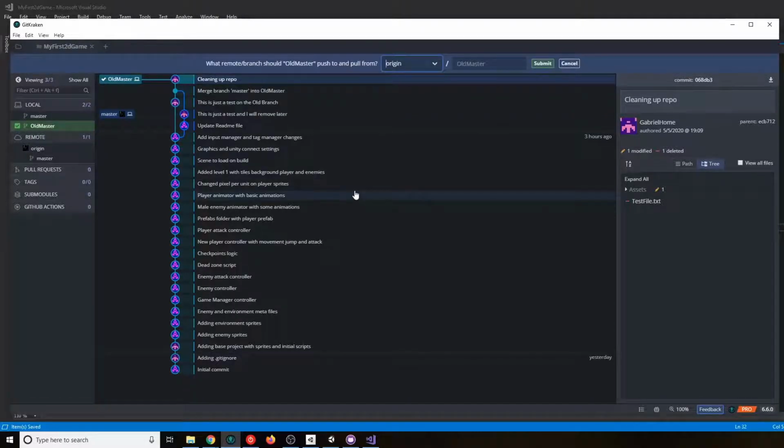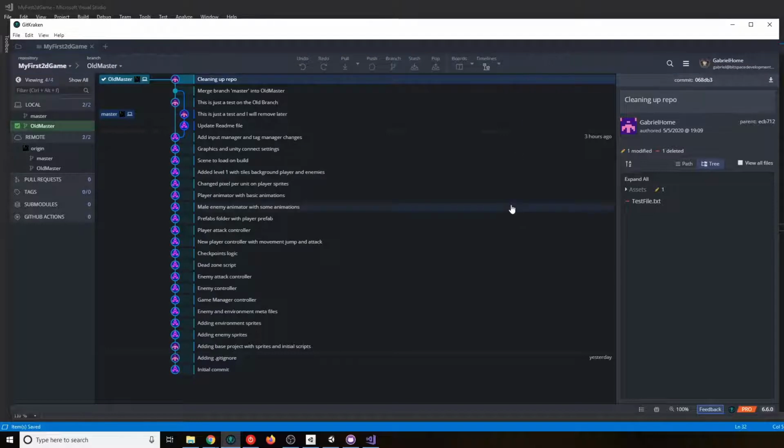I'm going to hit push. It's going to tell me that on the remote, there's no old master, so where do I want to push it to? I can just leave it like this, or I can change the name. My local branch could have a different name than the remote branch, but I won't recommend doing this. Keep it always the same name, because then you will have trouble remembering. So I will hit submit, and GitKraken will automatically generate a new branch that now exists on GitHub.